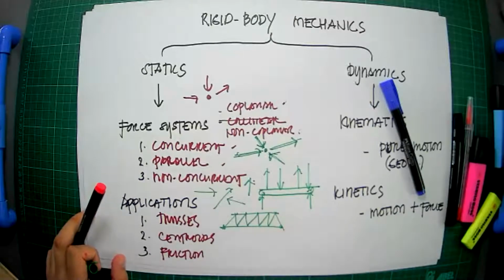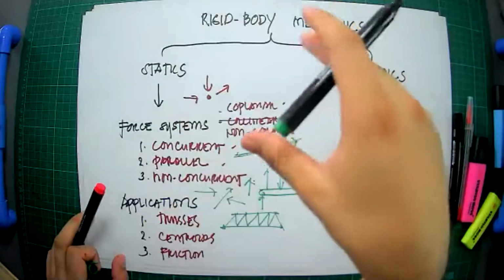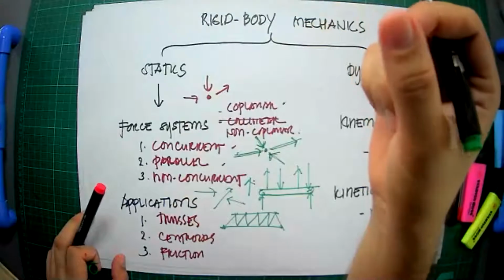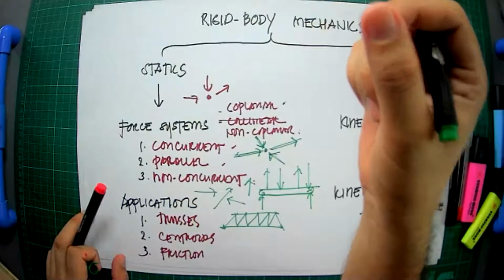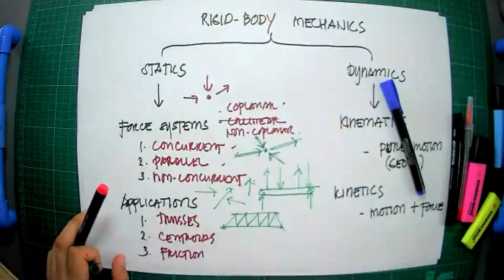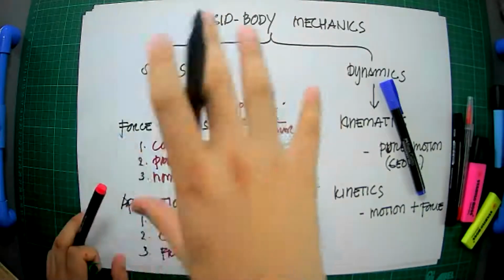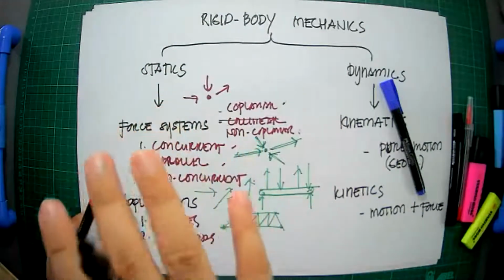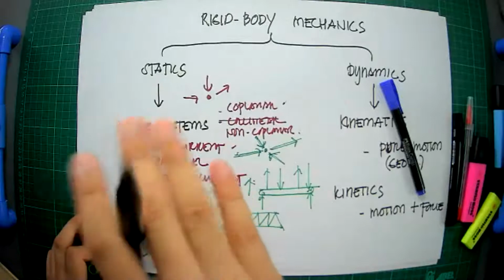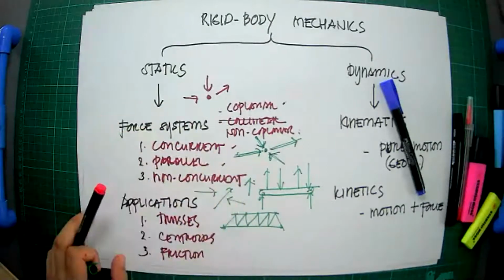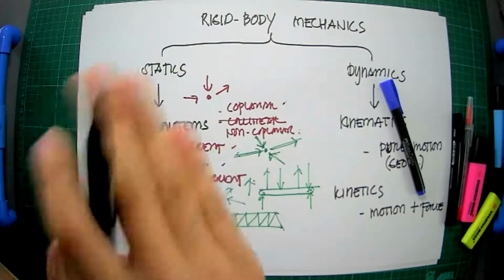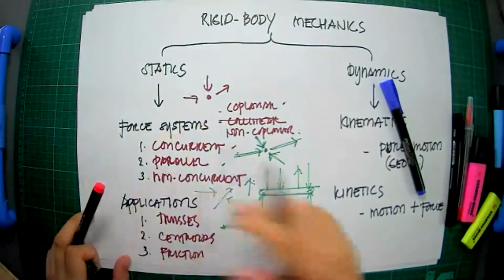Because if the deflections in a certain structure are excessive, it will somehow affect or damage your non-structural components, for example, your windows, your ceilings. Sometimes if it deforms and vibrates, the occupants can feel it. So we need to limit those. But that is now the concern of your higher subjects.